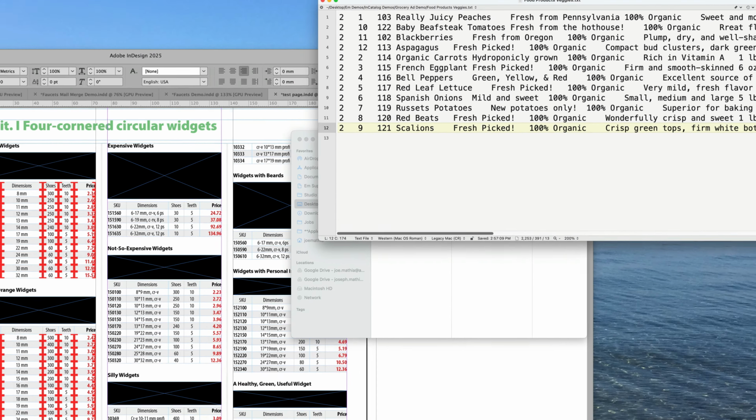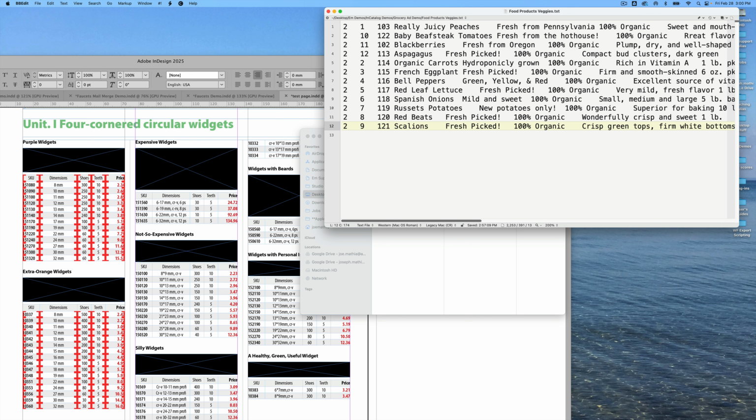So it's pretty amazing what you can do with InCatalog. Whether you need to update pages with fresh content, change pricing, create language versions, or even extract page content,